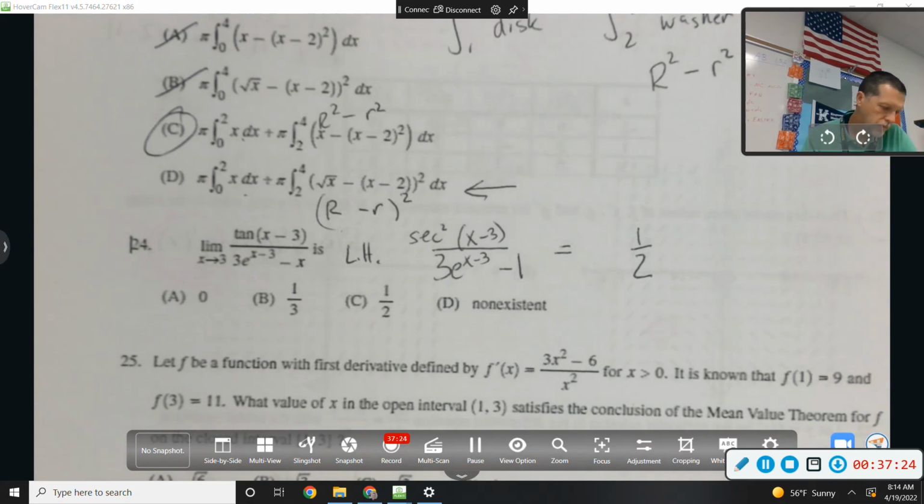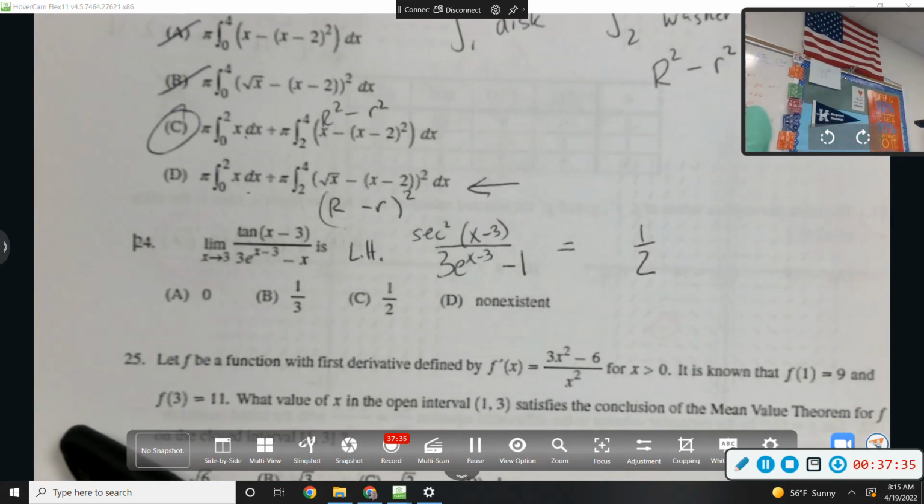And the bell's about to ring. There it is. I guess just keep the test, and I'll take them up tomorrow, because those aren't supposed to